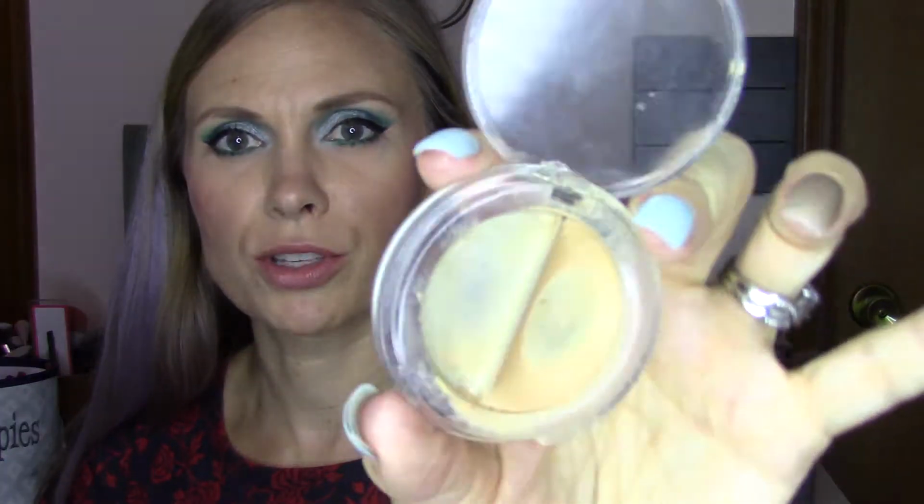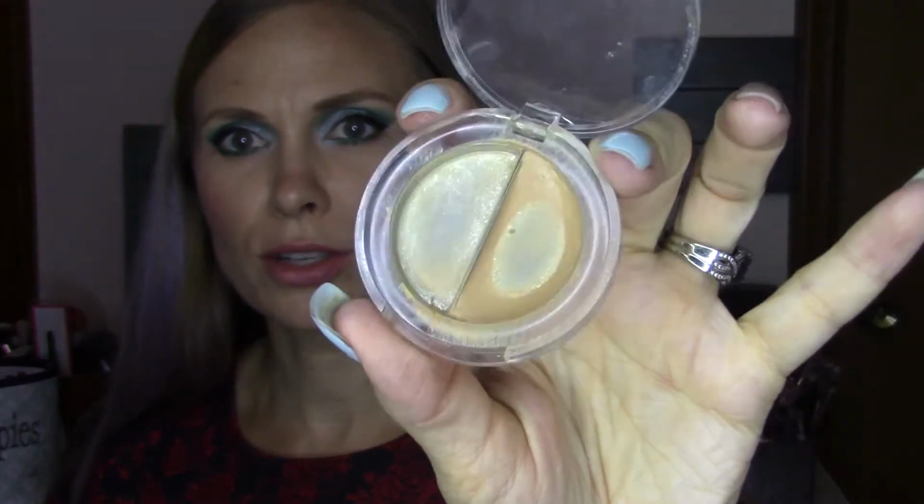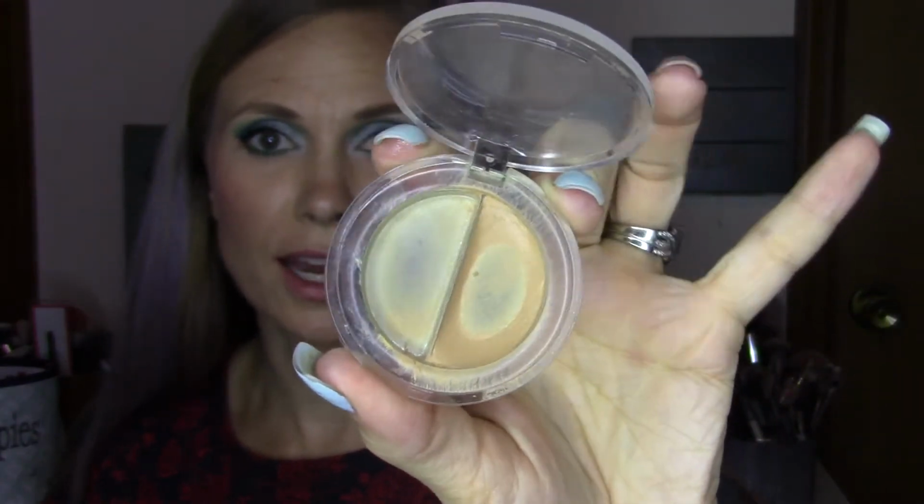Okay. The next thing I had was this concealer. This was a Sheer Cover concealer that I had gotten a long time ago. I'm just trying to get rid of that. It is the darker one of the two, so this is the time for me to use it up, and I think I will have no problem using it up by the end of this summer. And I had one other